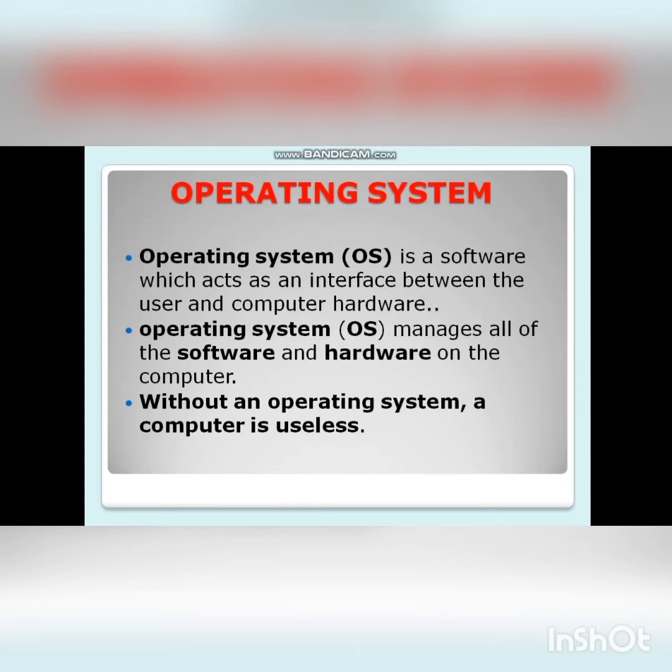It provides a platform to run the other application software. So if you have any other software like MS Paint, MS Word, MS Excel, MS PowerPoint, or any other software, and you want to run it on your computer, firstly you need an operating system. We can say that without the operating system, our computer is just like a garbage box or a useless machine. It is the basic or the primary need of our computer. So I hope you all are clear with what is an operating system.